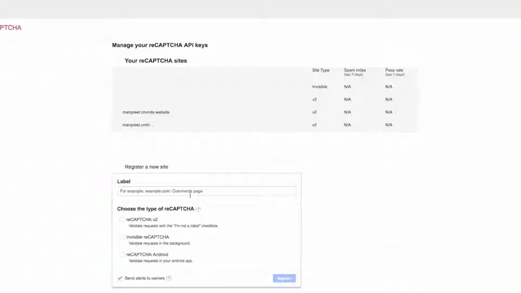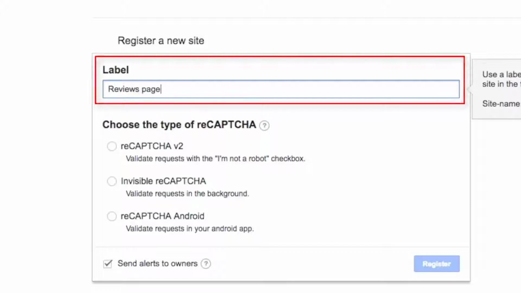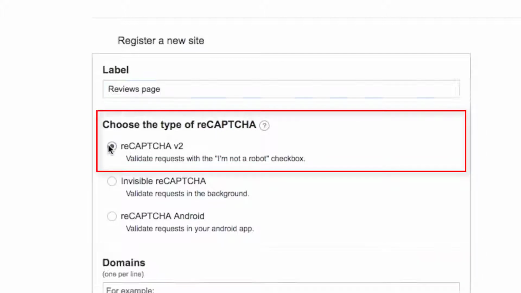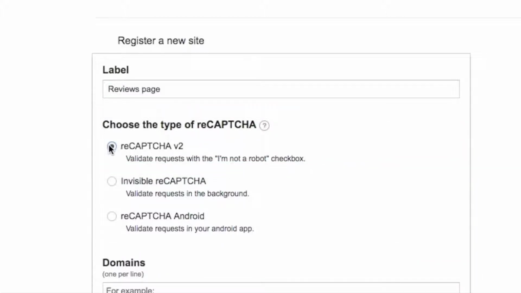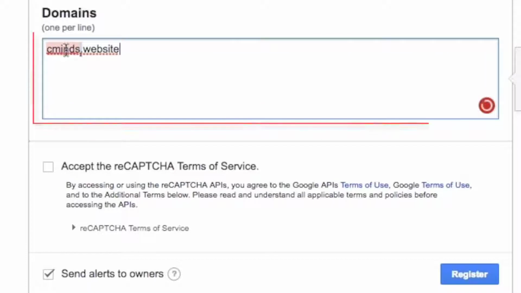After registration or login, you will need to register a new site. Enter your label and select the type of reCAPTCHA. The first option allows validating requests using the I'm not a robot checkbox. Then register your site domain name by entering one domain per line into the domains input box and accept